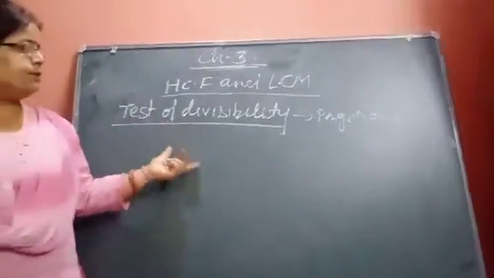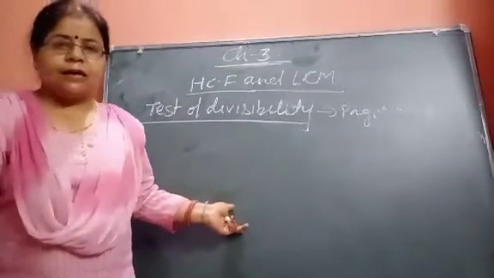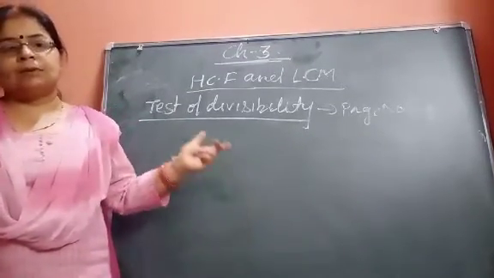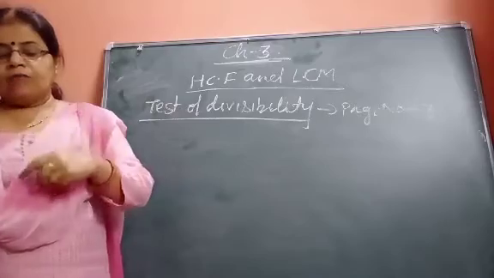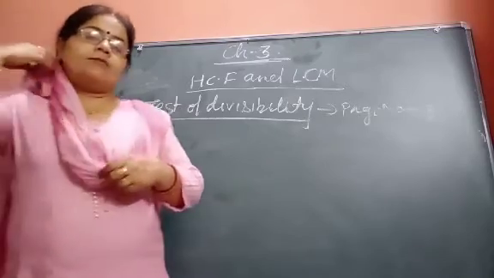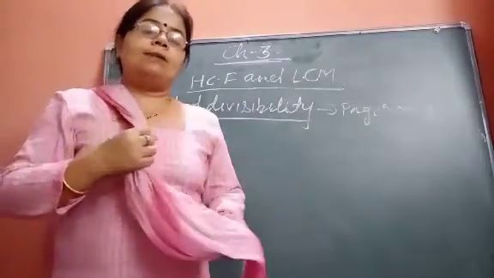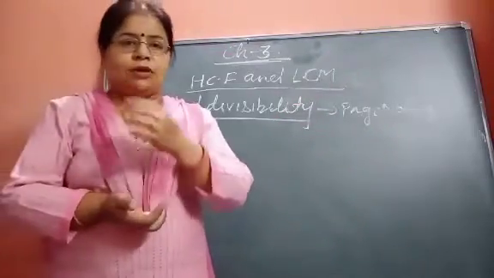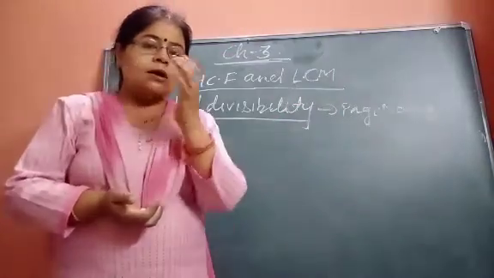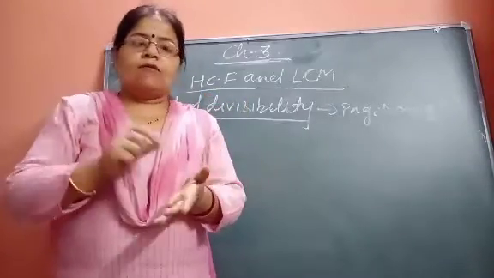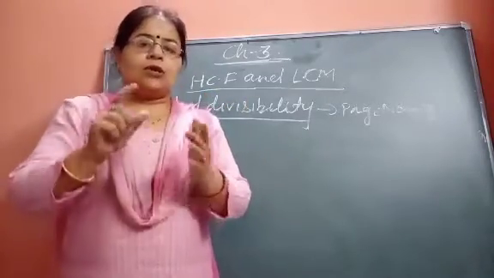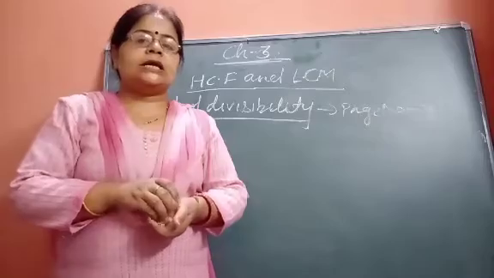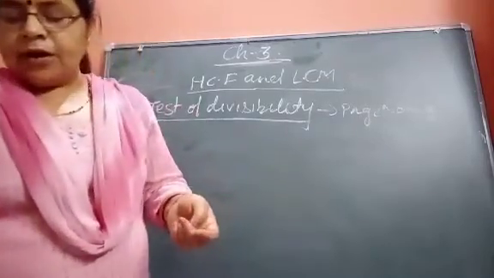All these divisibility tests I am just repeating; you have learned all these in the previous class also. A number will be divisible by 5 when its units place has 5 or 0. Whether 5 or 0, only in these cases a number will be divisible by 5.